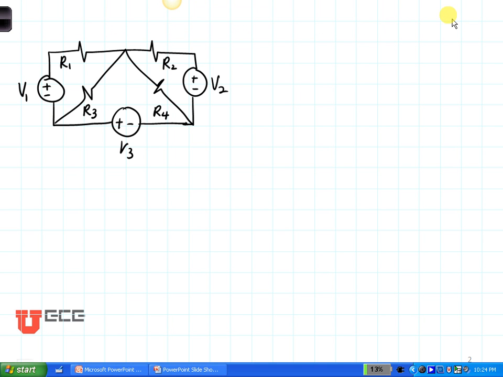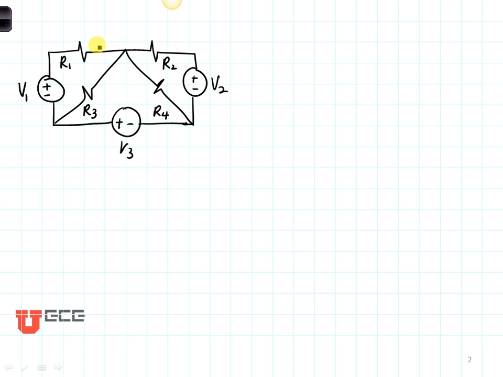Let's do this example of Kirchhoff's law. We've got a circuit here that we are going to first define all of our unknowns. We'd like to find all the currents in the circuit. So here is the first current, I1. Here is the second current, I2. The third current, I3. The fourth current, I4. So the number of unknowns that we have is n equals 4: I1, I2, I3, and I4.